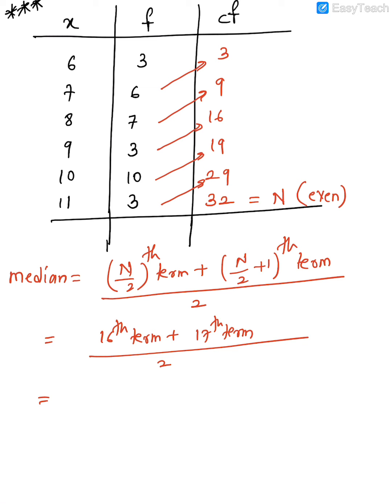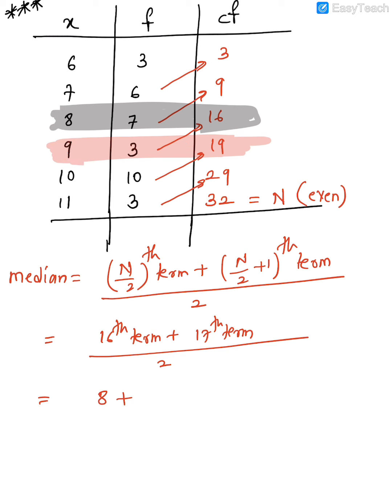Guys, look out here now. So the 16th term is here, right? This is the 16th term. So the last number in this is what? Number 8 is the 16th term. So this is the 16th term, plus. Now what is your 17th term out here? So what would be the 17th term here? So after 16, 17, 18, 19, all those terms are what here? See this, here it goes.